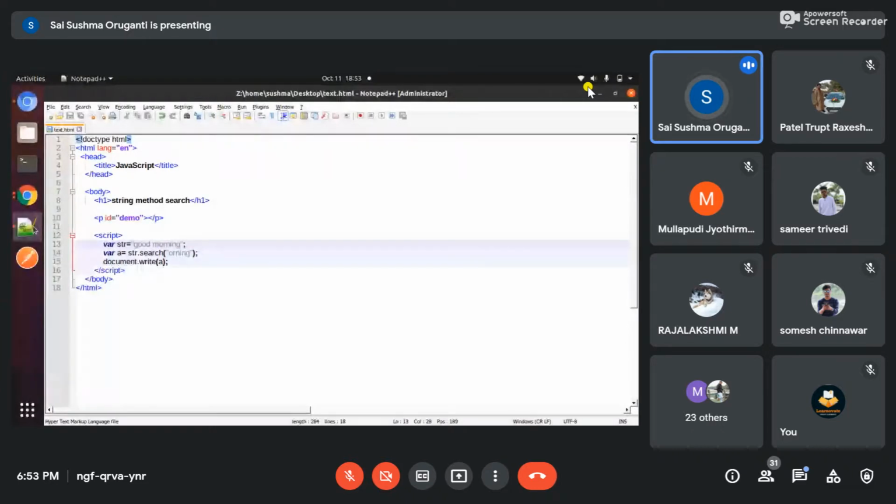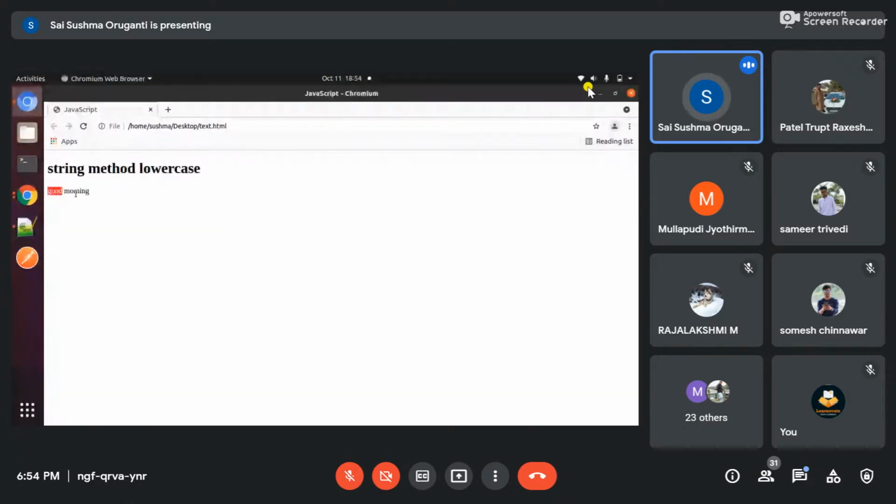Then I will show you how to convert this into lowercase. Okay, I will write here G as a capital letter and M as a capital letter. I will convert this to lowercase. It will convert the whole string. Okay, this is the method, toLowerCase. I'm converting this string into lowercase. So good morning, G small and M small. But I have given the input as G capital and M capital. So it converted into lowercase.